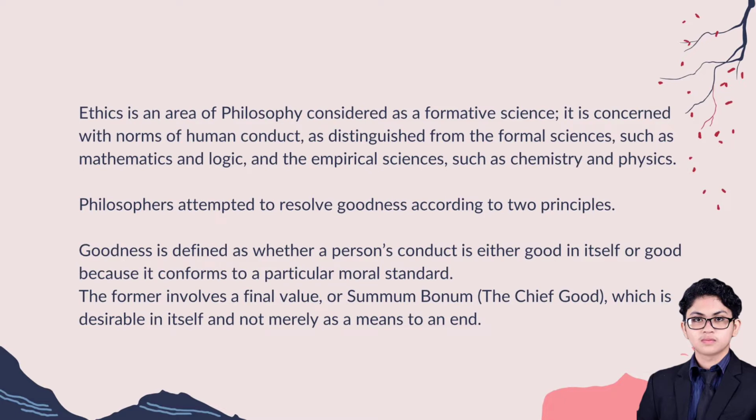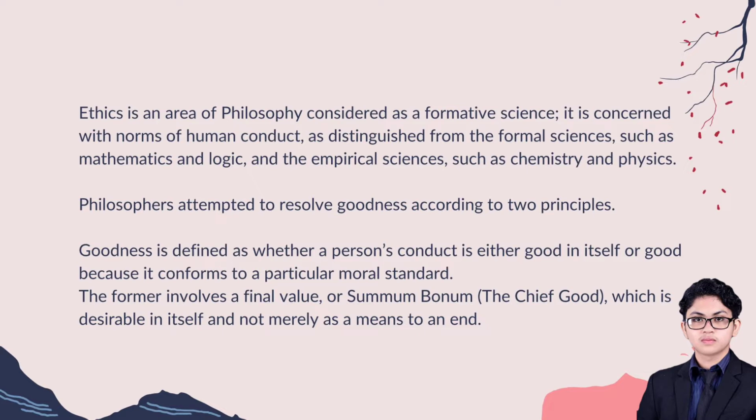So, ethics is an area of philosophy considered as a formative science. It is concerned with norms of human conduct as distinguished from the informal sciences such as mathematics and logic, and empirical sciences such as chemistry and physics. So, it is a formative science, unlike other sciences such as mathematics and